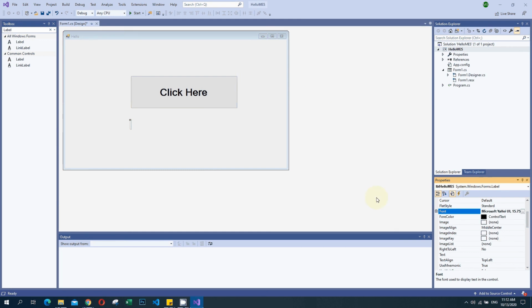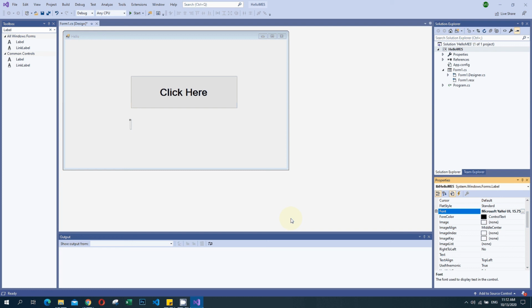Then what I have to do is click that button. Once the button is clicked, it will show hello MES. So I am going to add that to the code of that form.